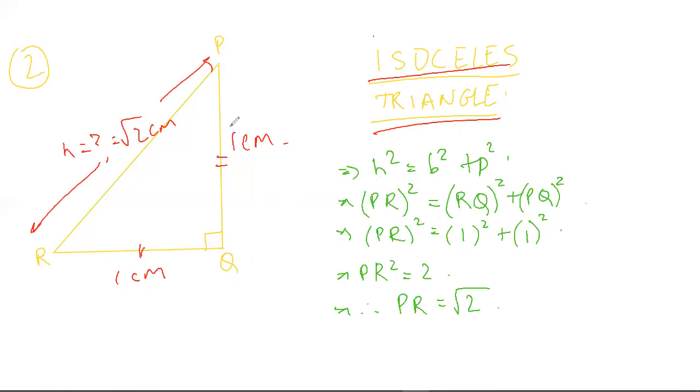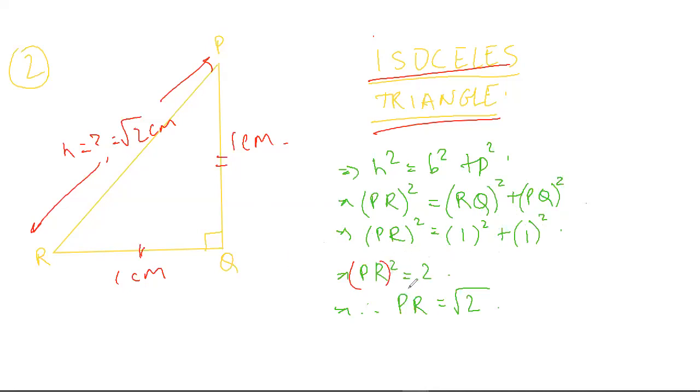So PR whole square's value, the hypotenuse whole square value, was not given to us at that time. It is equal to 1 whole square, why? Because RQ whole square has a value of 1 centimeter whole square, plus 1 centimeter whole square, because the value for PQ whole square is equal to 1 whole square. So PR whole square is equal to 2. Why? Because 1 into 1, 1 whole square is equal to 1, plus 1 into 1, 1, because 1 plus 1 is 2. So therefore PR square is equal to 2, and the square present in the LHS goes to